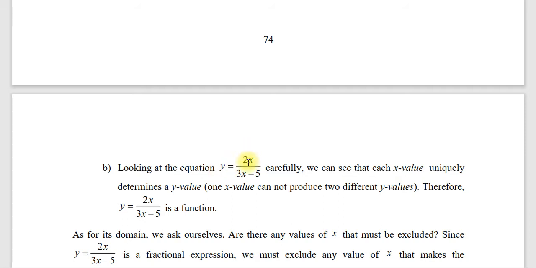ዋንን እንተካ x ላይ ዋንን ስንተካ 2 times 1 2 ነው። እዚህ ላይ 3 times 1 3 ነው። ስለዚህ 2 over minus 2 ማለት ነው -1 መጣ። ስለዚህ y -1 ሆነልን። ማንን ስንተካ? ዋንን ስንተካ። አሁንም ዋንን እንተካ -1 ነው የሚሰጠን እንጂ ሌላ የተለየ ቁጥር ሊሰጠን አይችልም ለy ማለት ነው። ያ ነው እንግዲህ 1 x value cannot produce two different y value የሚለን ማለት ነው። therefore y which is equal to 2x over 3x minus 5 is a function እንላለን።